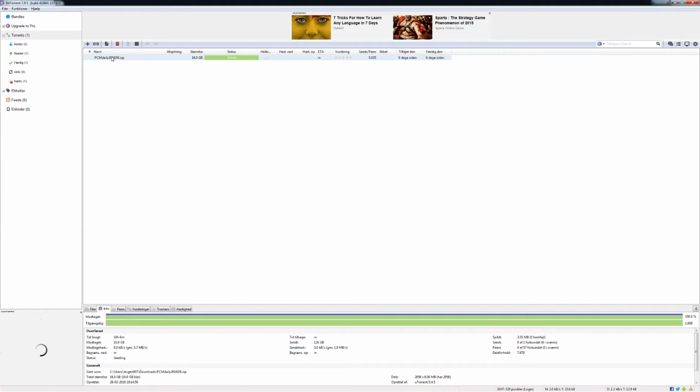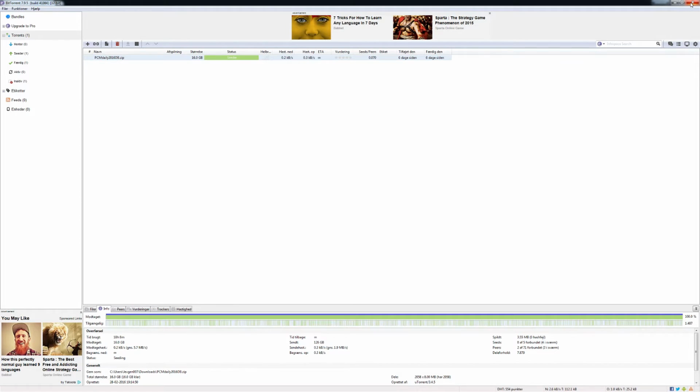You can see I've already downloaded it once before, which is why it's already here. And it's 16 gigabytes in size as well, the same one. It took about 30 minutes, 40 minutes less, so I prefer using this. But if you don't want to install any torrent client, you can just use the normal version. But I've already downloaded it, so I'll just skip ahead to the file and show you how you install the